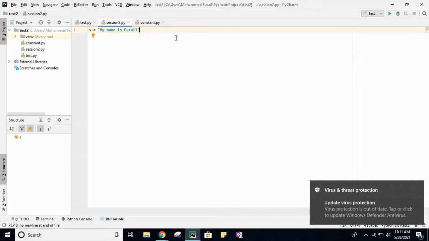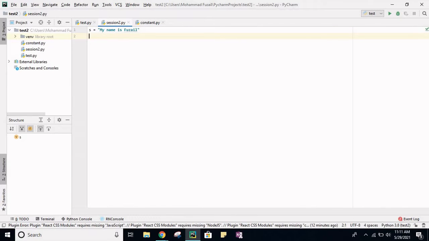Suppose when you are working in a project, you have to write some lines or show some message to output which will be dynamic, which will be based on some value which will change. Let's say we have a variable s1. Now what I need to print is the name of the user who is logging in, suppose. So I will make a string "my name is", and then the name will be a variable, right?